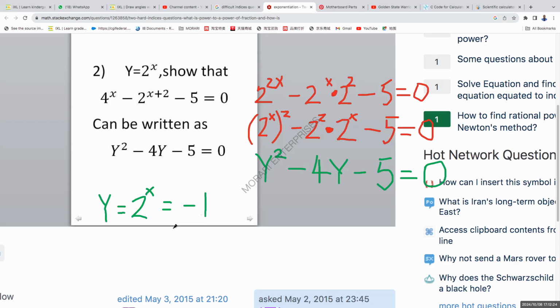Is the answer impossible or possible? Because 2 to a negative number is still a positive number. 2 to a positive number is a positive number. 2 to a negative number is also positive. 2 to negative a is the same as what? 1 over 2 to a, if a is positive. So 2 to a positive number is positive, and 2 to a negative number is also positive. So 2 to a power will never give